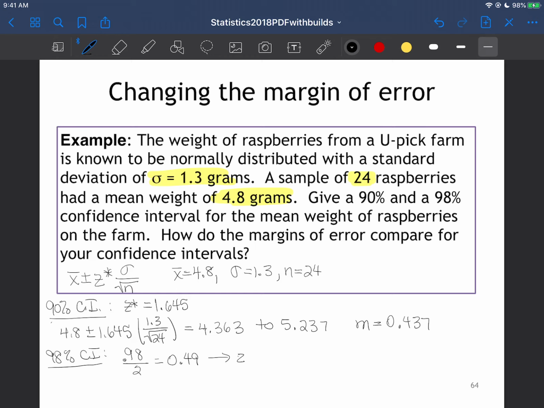All right, so hopefully you found it. What I found is a z-score of 2.33. All right, and now let's find our confidence interval. So I'm going to have 4.8 plus or minus 2.33 times 1.3 divided by the square root of 24. I'm going to type all that into my calculator. So for my lower bound, I get 4.182. And for my upper bound,